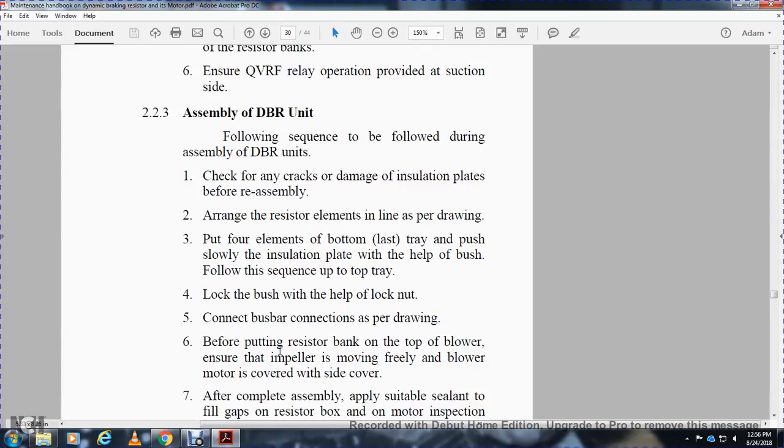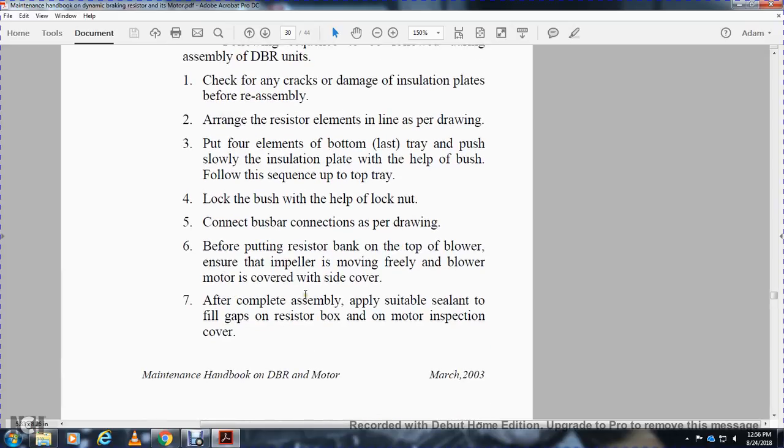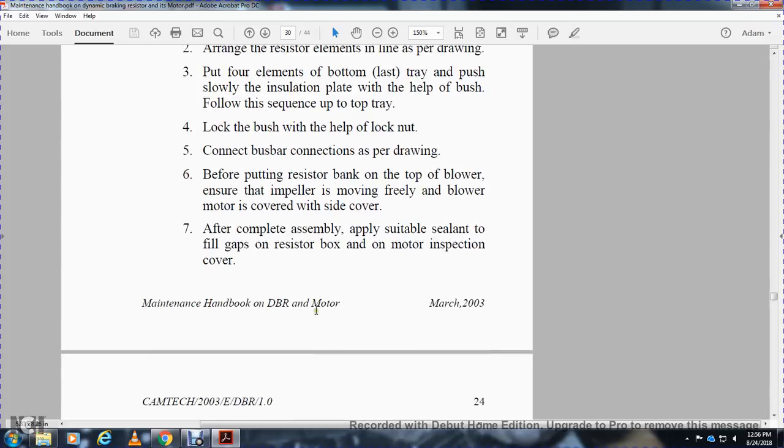Place four elements at the bottom of the tray with a push along the slope of the insulating plate with the help of the bushes, and follow the sequence over the top of the tray. Lock the bushes with the help of the lock nut, and make the bus bar connections as per drawing. Before putting the resistor bank on top of the blowers, ensure the impeller is moving freely. The blower is covered over the side of the cover. After completing assembly, apply a suitable sealant to fill the gap of the resistor box on the motor inspection